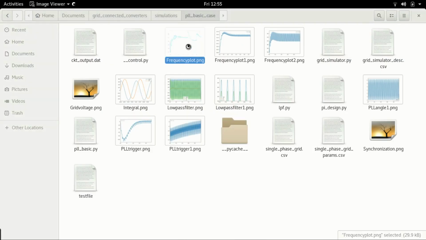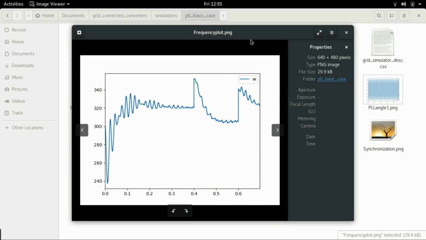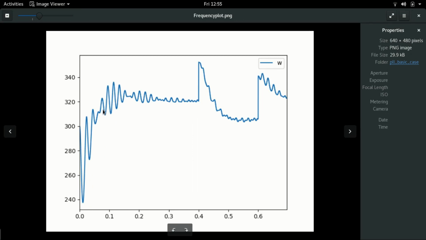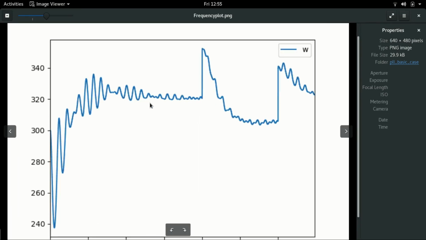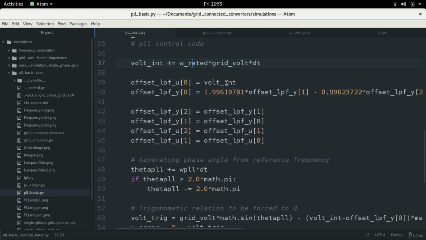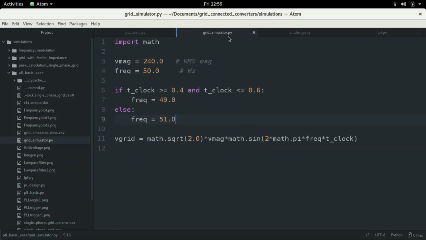And here you see the result. The results are very interesting. We now have the startup which grows gradually. For example, this is 51 Hertz, and if you notice here, this is omega in radians per second, so it is now around 320, and this is expected because the frequency of the grid is now 51 Hertz. If you go back here and have a look at the grid simulator,